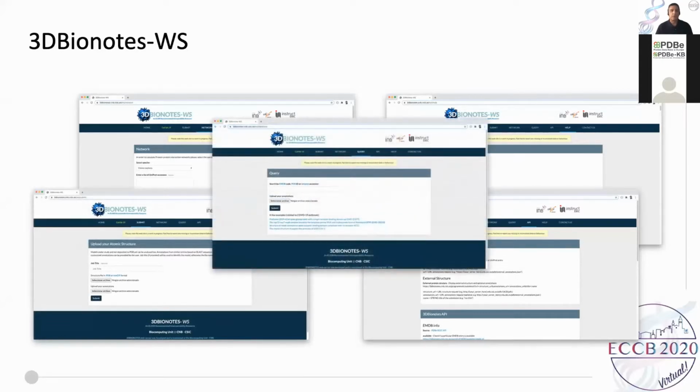The user can provide the PDB or EMDB entry identifier they are interested in, or even upload their own structural models that they are studying locally in their lab, and also provide locally available annotations if they would like to analyze them in the same integrated way.